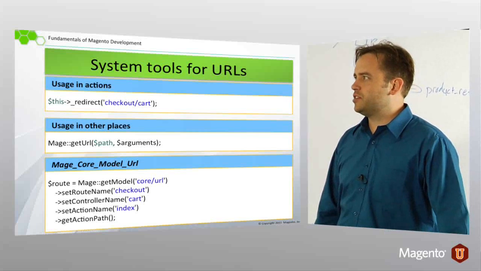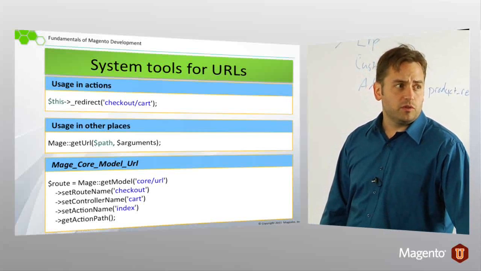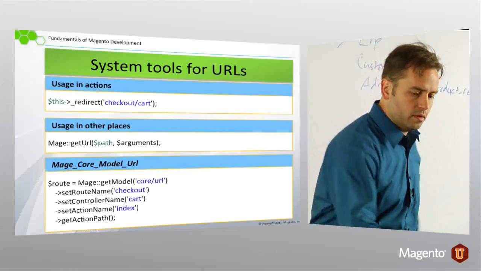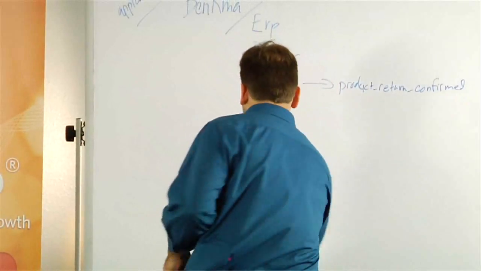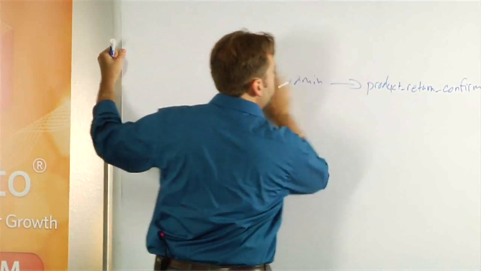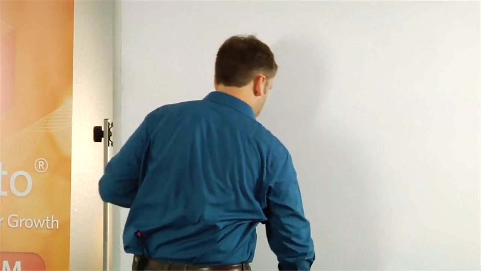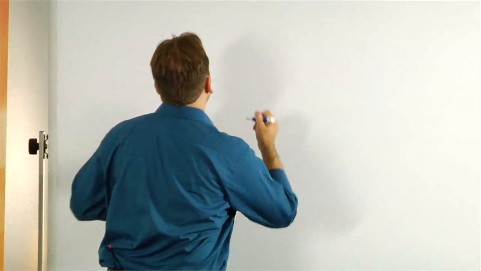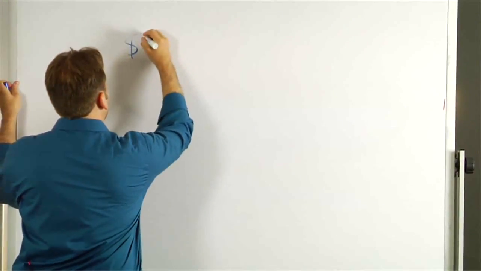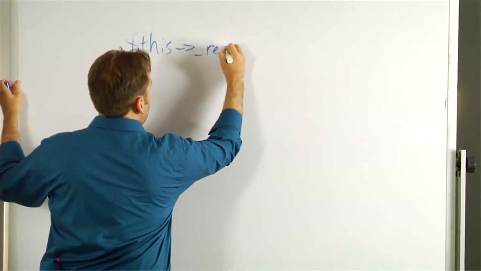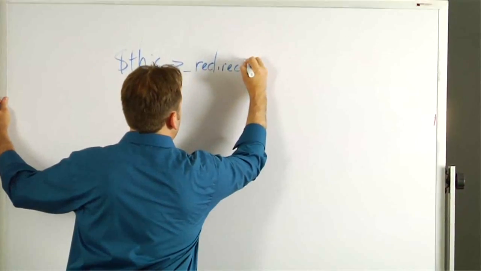If you need to do an external, like a direct redirect to an external URL, you would just use, instead of redirect, which will try and map something internal, you would use this redirect